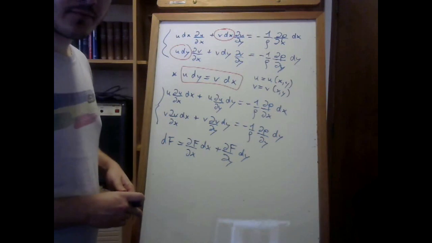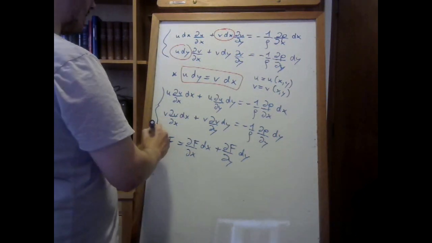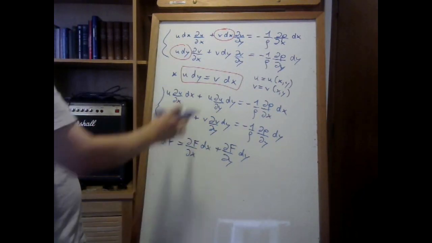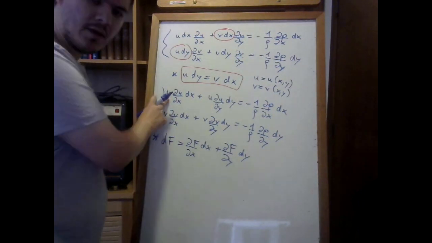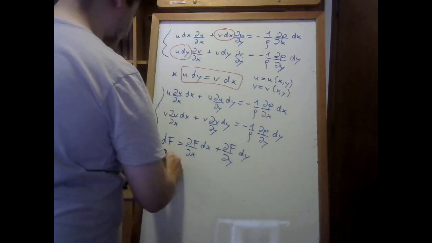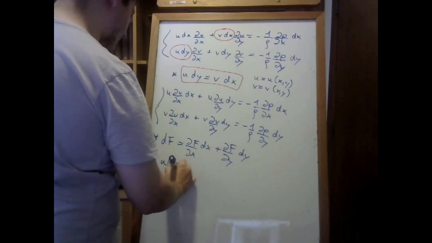So we can use this identity, this relation here. So we can put u multiplying this whole equation. So we obtain u